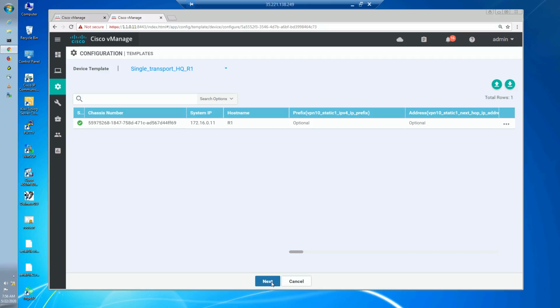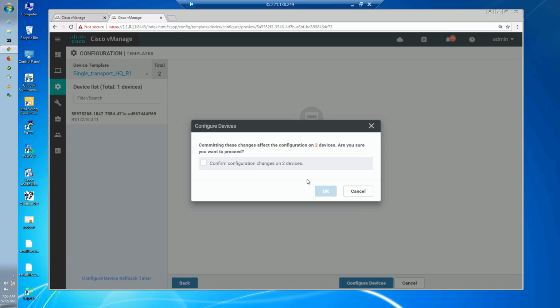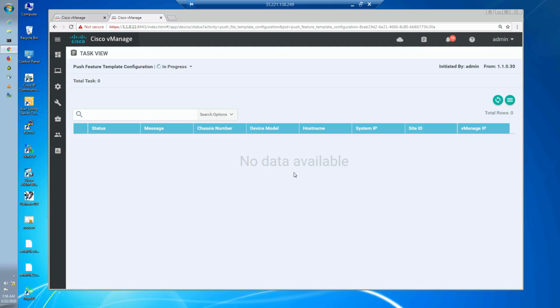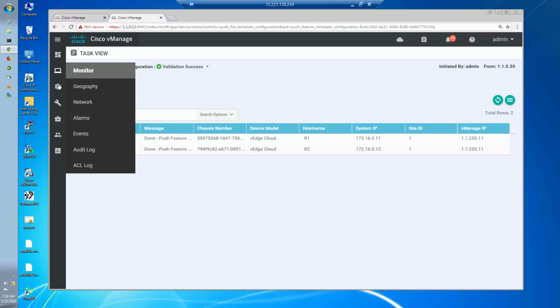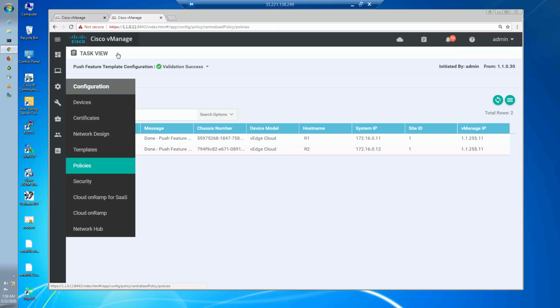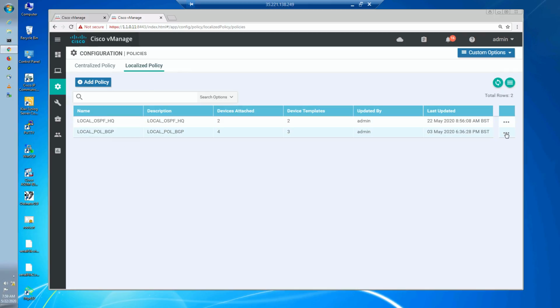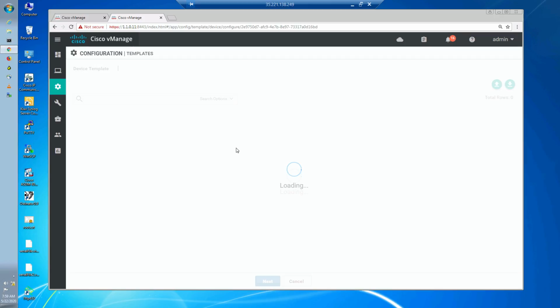Obviously click on next, configure devices, select it, there you go. We've done it on the headquarters, I believe, R1 and R2. Let's go back and do the same thing on the branches as well, because we want this application visibility to be there everywhere. So let's go edit, enable application, save this, and